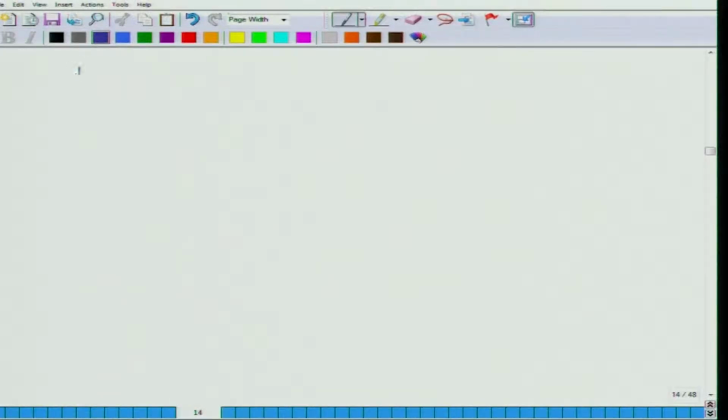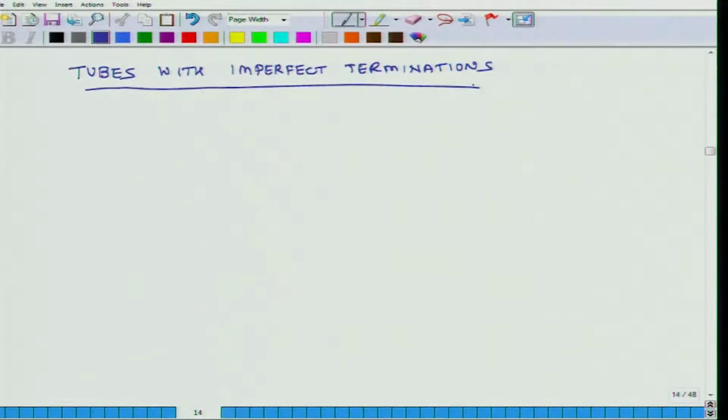So what we are going to discuss is tubes with imperfect terminations. So what does this mean? Suppose you have some tube of length L,